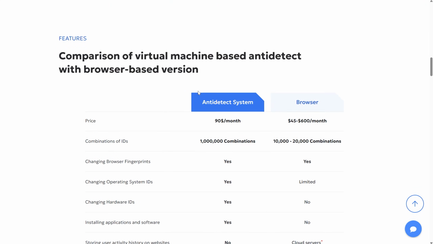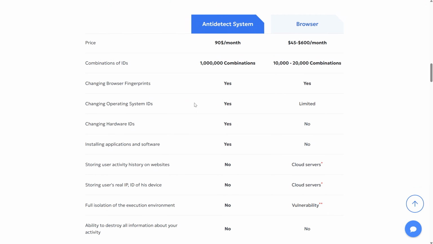Here we will compare our AntiDetect with the browser one. This, by the way, is a fairly popular question. What is the difference between Vector T13 AntiDetect and browser AntiDetect? After all, there are no anti-detections based on virtual machines, except for one of mine. There are some patches for older versions of my AntiDetect, for versions from 2022, 2021, or there are certain patches for the VMware hypervisor.